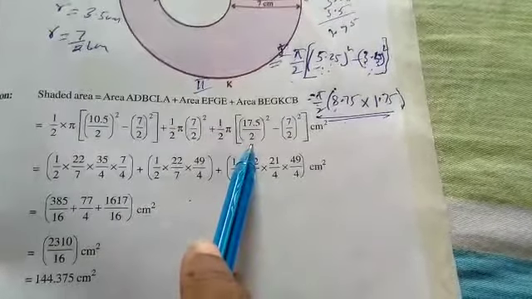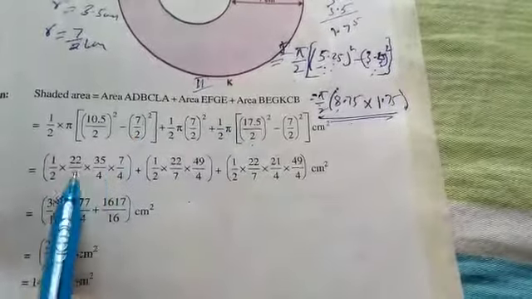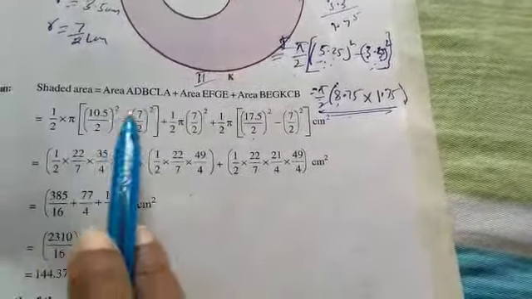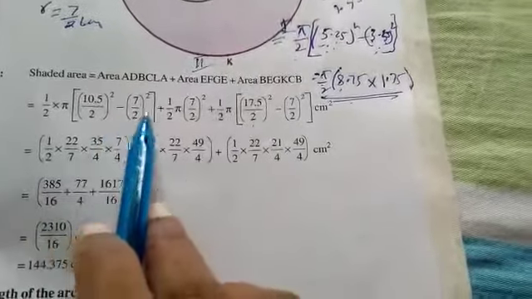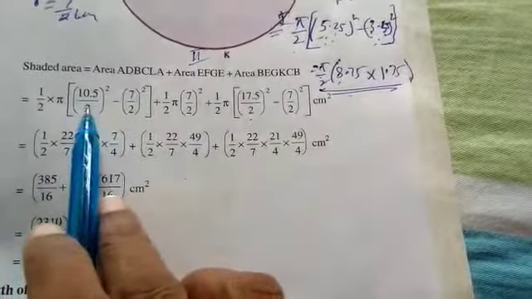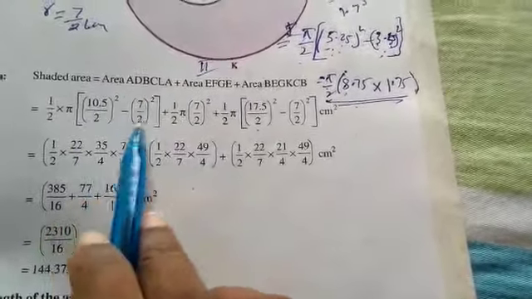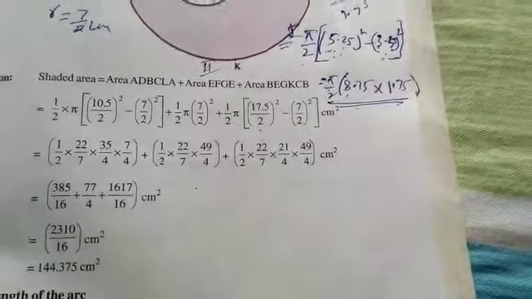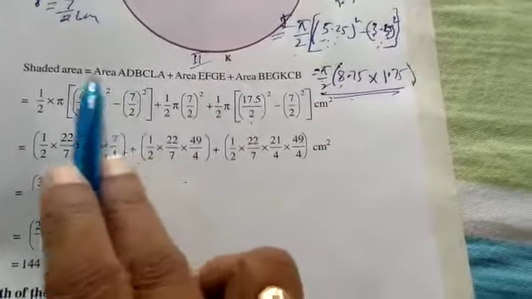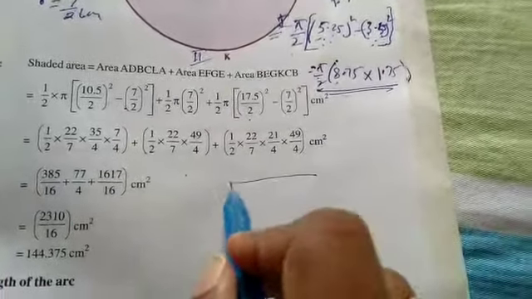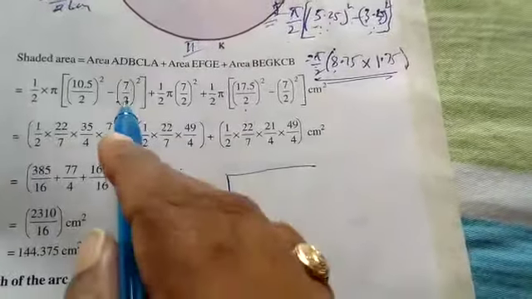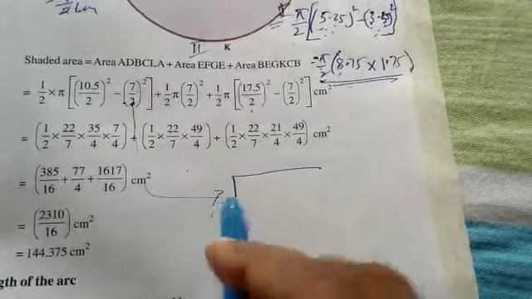What did he do? He didn't simplify like that. He directly multiplied everything and then he put it down, right? But you can do that also. So 17.5 into 3.5 by 2 into 2. So this can also be done into a plus b into a minus b. You want me to show this one? I'll show it here. Those who are interested in solving this one, I am solving this.